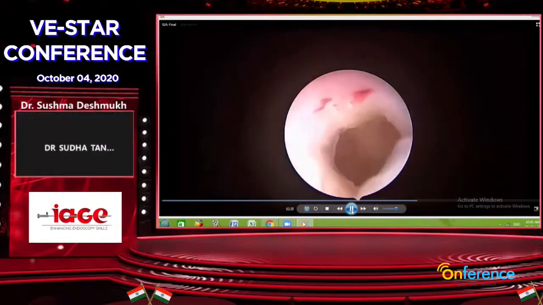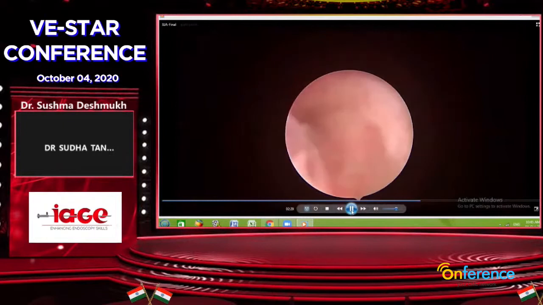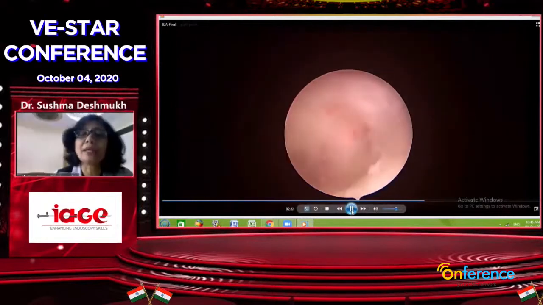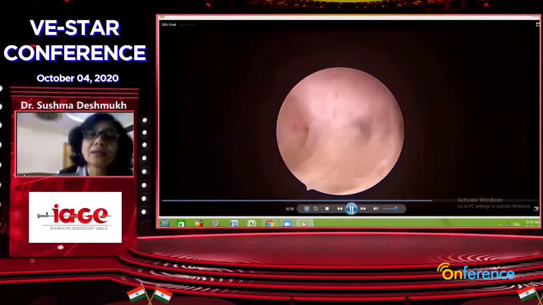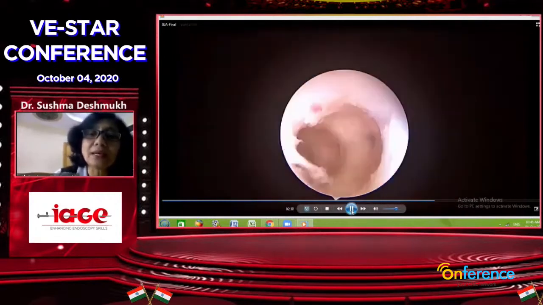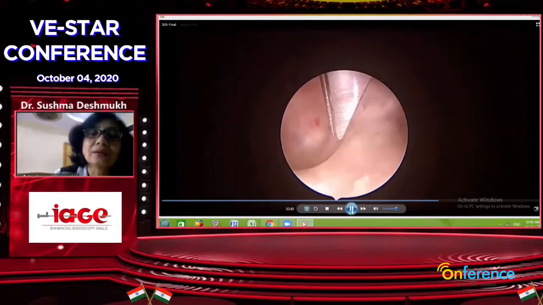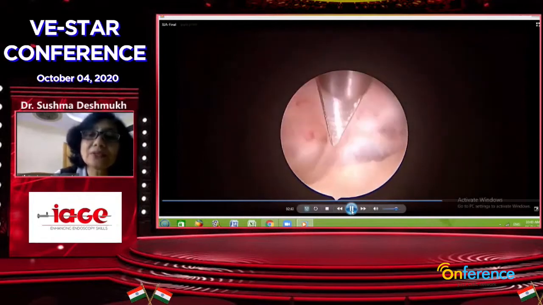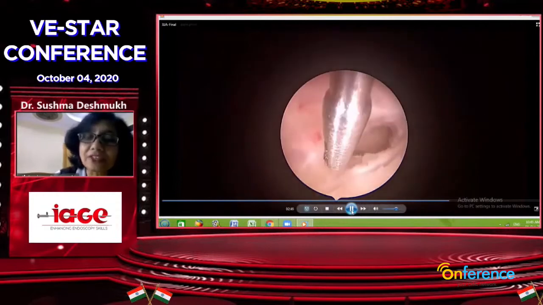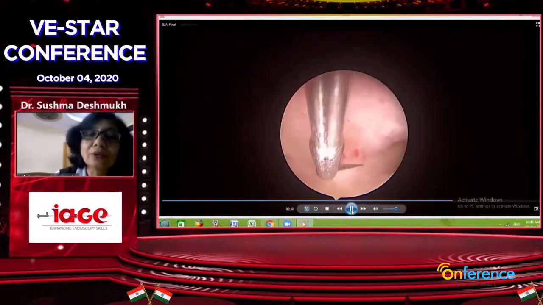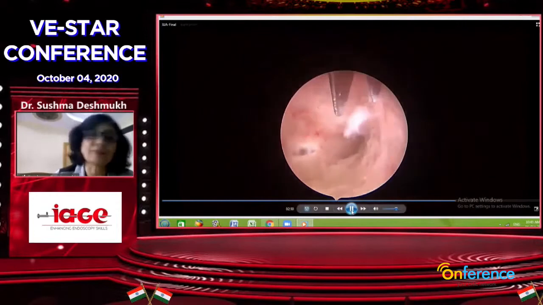Yeah, you can see. Again, you can appreciate the right ostium, but the left ostium you are unable to make out. So nothing to worry. See, there appear to be flimsy adhesions. So with the help of scissors, immediately you start cutting. Be careful. With the help of scissors, there is actually no need to worry. No, this is a fear of perforation.